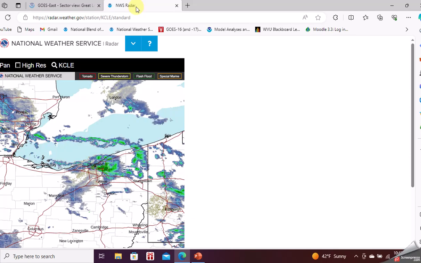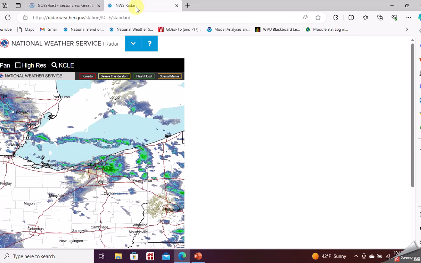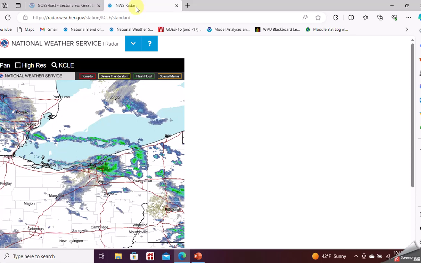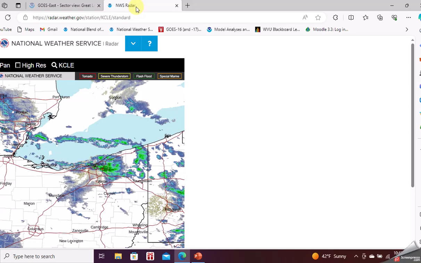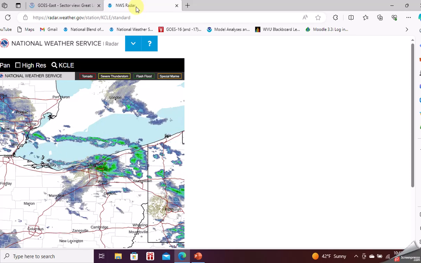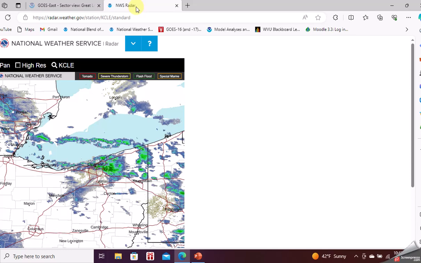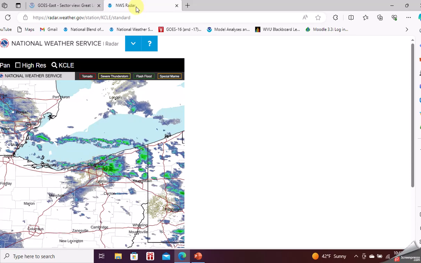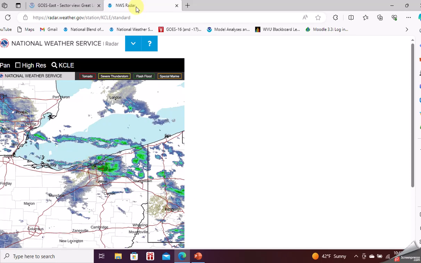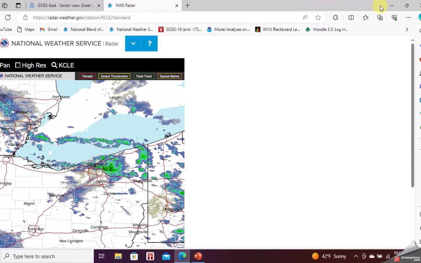If debris gets pushed up into the air from a tornado, which it does when it's a strong enough tornado, I can literally determine that it's debris and not rain. And if I can determine that, then I can tell you there's a tornado on the ground. Instead of having to wait for somebody to call me or whatever, I am able to detect that all with dual pole radar. So now with this, let's go take a look